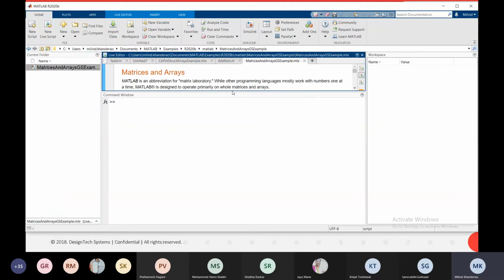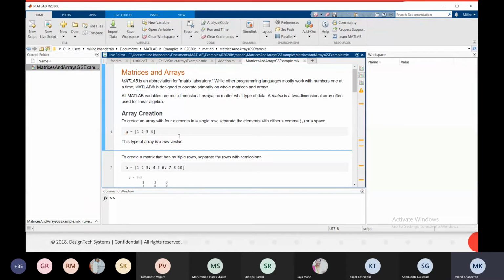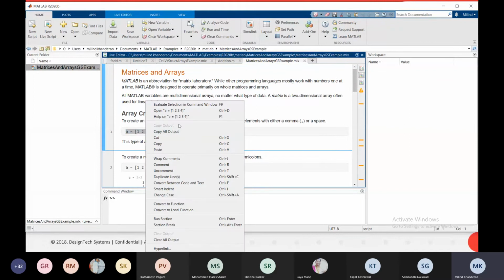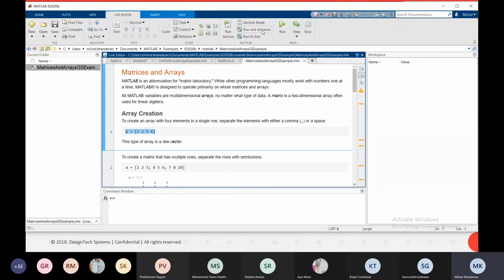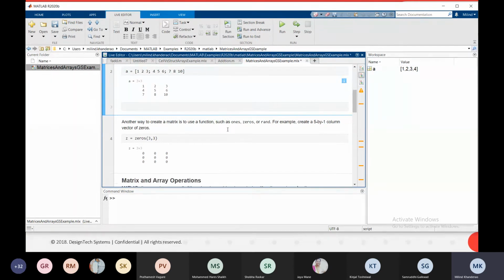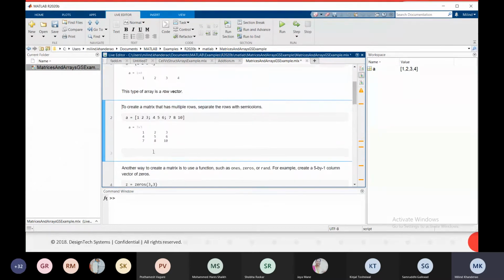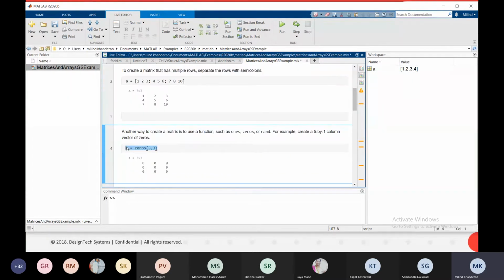So we have one live script on matrices and arrays. Array creation, this is particularly a row vector. Now the matrix array operations. These are special matrix arrays, zeros.